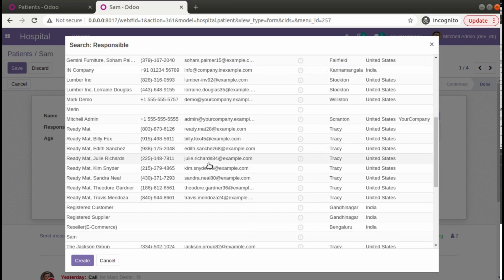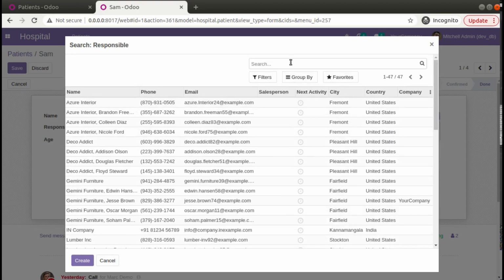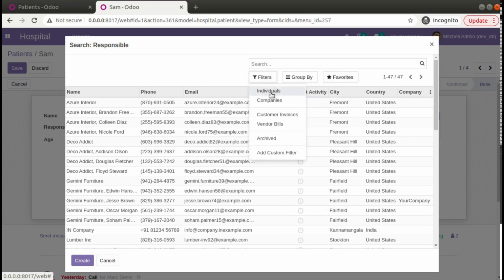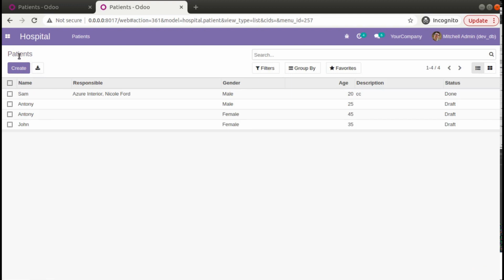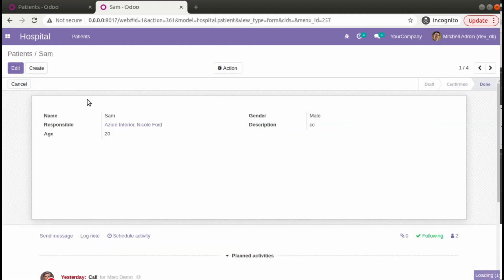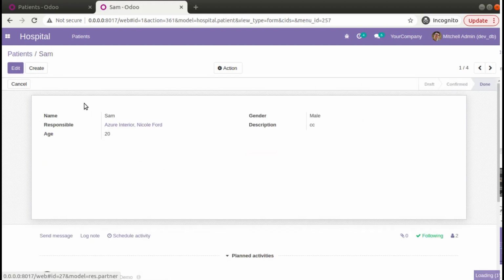From here I can select any value, and if I need to filter or search something, you can select from here and save. And if you go back to the tree view, you can see the responsible is Azure Interior, Nicole Ford. And the property of a Many-to-one field is that if you click on this one, you can see it's clickable, and if you click on this one, you will be taken to the corresponding form view. And if you need to come back, you can click on this breadcrumb link like this. So this is how we can add a